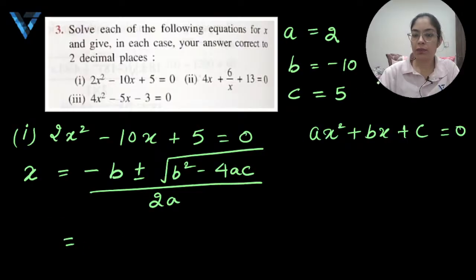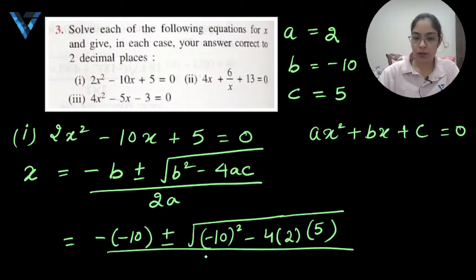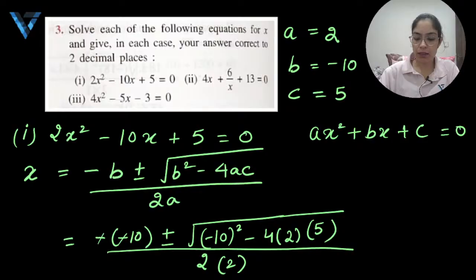This is equal to minus b. b is minus 10, so minus of minus 10, plus minus square root of b square, so minus 10 square, minus 4 into a, which is 2, into c, c is 5, by 2 into 2. You have to be very careful when you are substituting, so that there is not any sign mistake. Here minus and minus will get cancelled, so this is equal to 10 plus minus